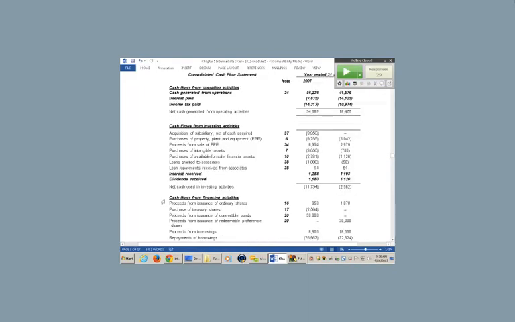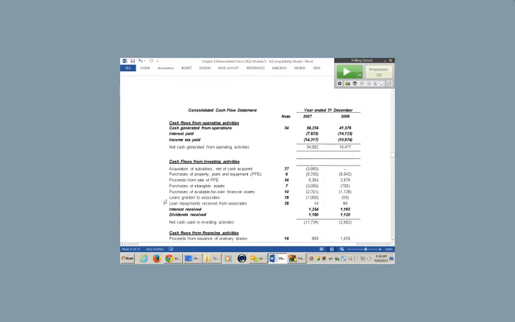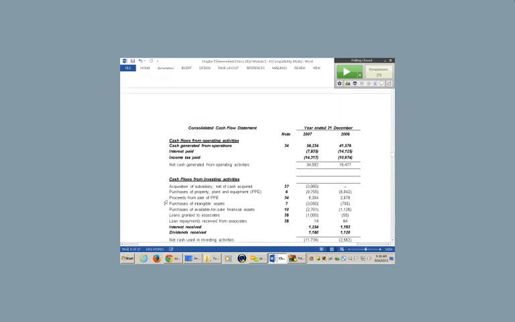Now, this is the cash flow statement. This is an IFRS cash flow statement, the way it would look. And by the way, you'll note that the IFRS style or European style of reporting always has a footnote in a column, so you could always go back and find it. So we're going to go back to the footnote in a moment. But if you look at the first line of the cash flow statement, it says cash generated from operations. That is on footnote 34.